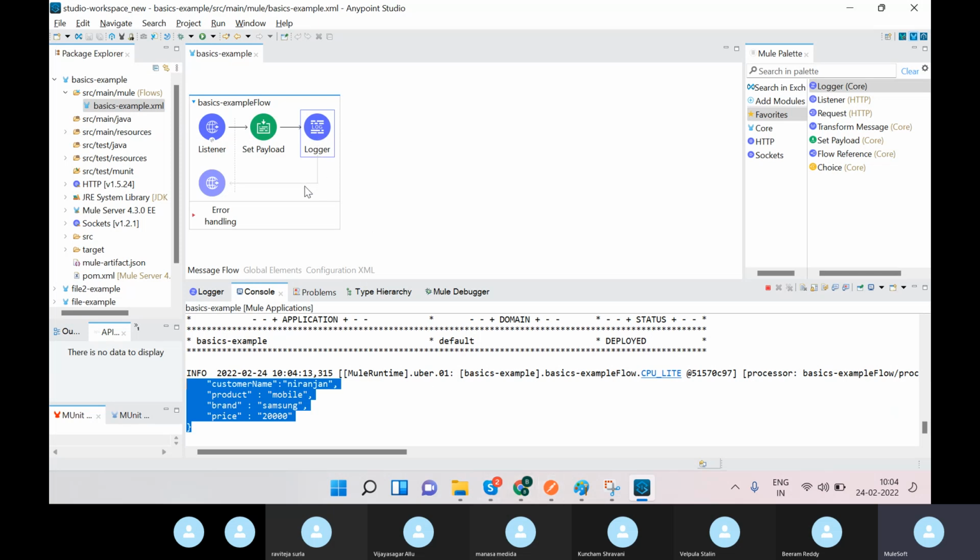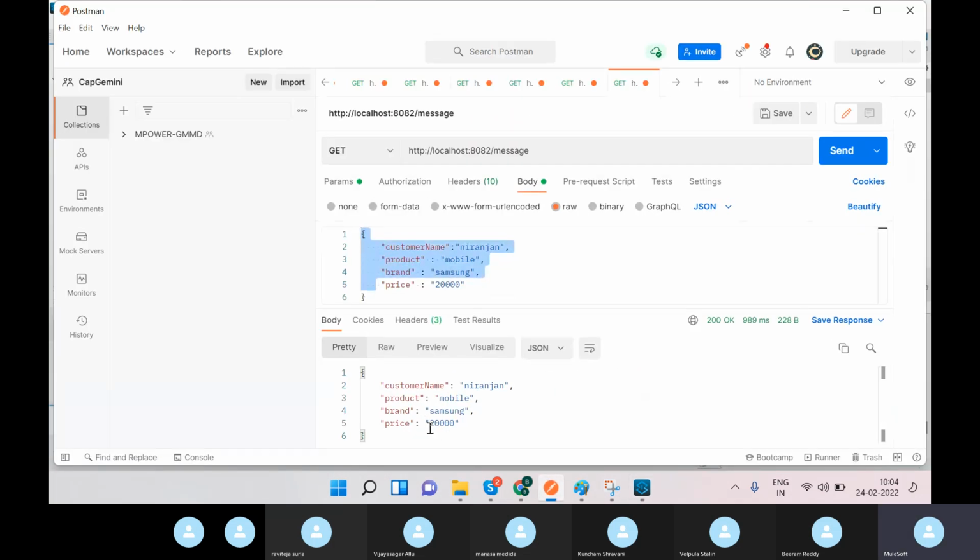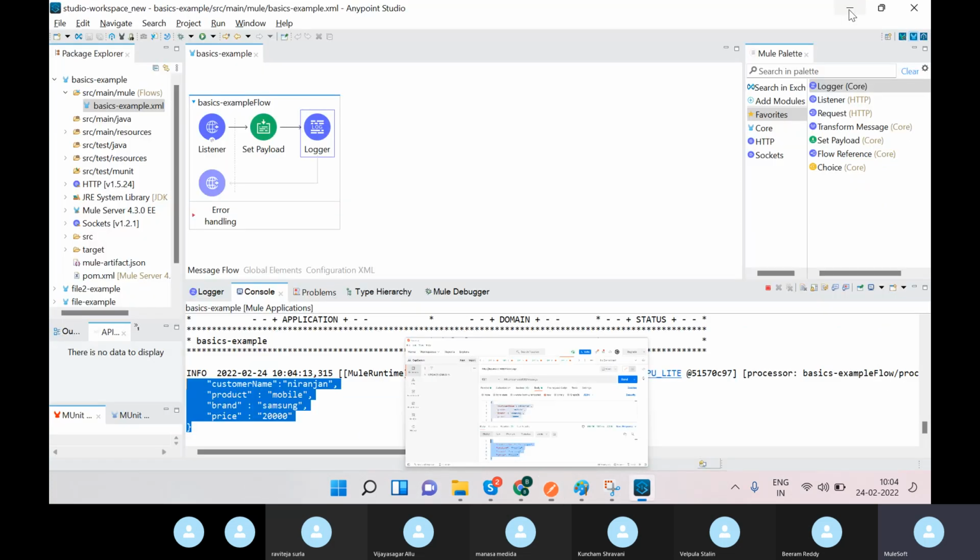Again it is returning back to the browser. Browser means Postman. So here, the same response you are getting here. You are sending the request, and the same response you are getting here. Okay. So after that,